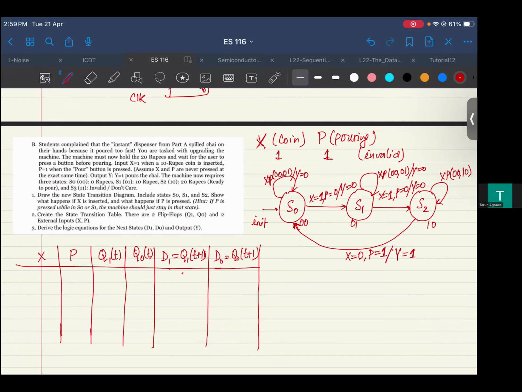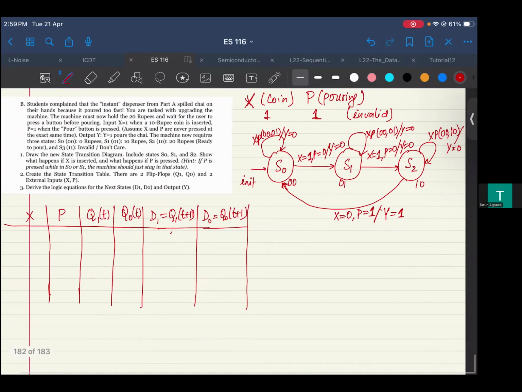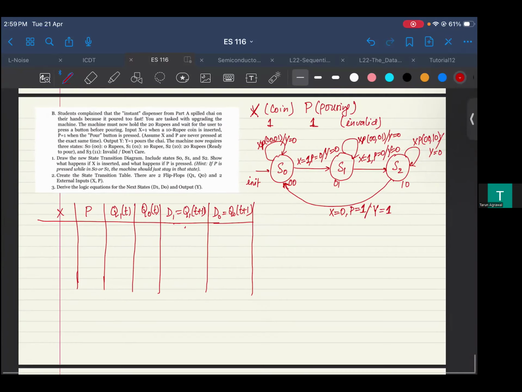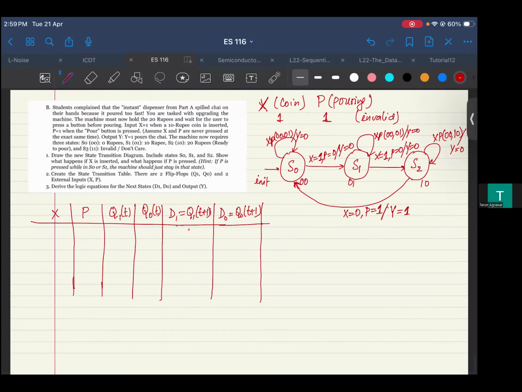Even if you put extra coin, it goes inside and it stays in the state, right? Y equal to 0. So that is how you can see that your state diagram now is kind of complete, and from there one can now build the state table. So for the state table, you can go by the same logic, just highlight all